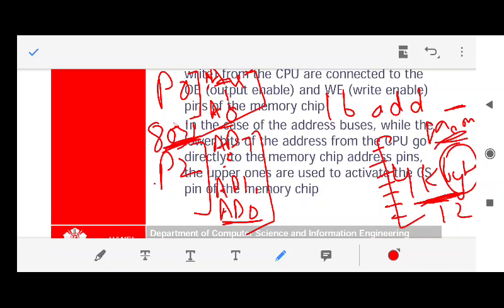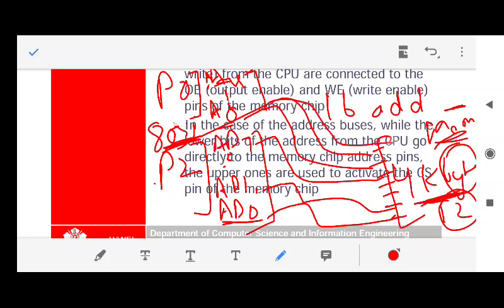For example, this AD0 will be connected here, this AD1 will be connected here, till AD7, which will be connected to the 8 bits. How many are remaining? Out of 12, 8 are gone, so 4 are remaining. The remaining 4 lines are taken from this 1, 2, 3 and 4. So all your 12 lines came from here. Now out of 16 you have connected 12 lines. How many are remaining? 4 lines are remaining. 4 address lines are not used.